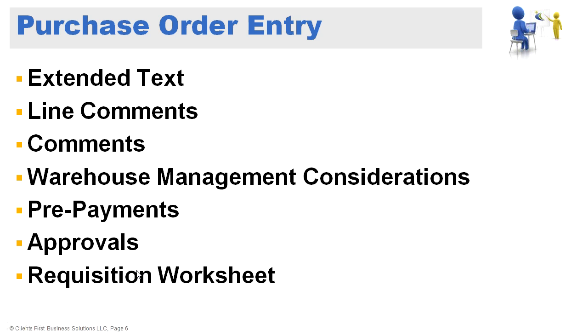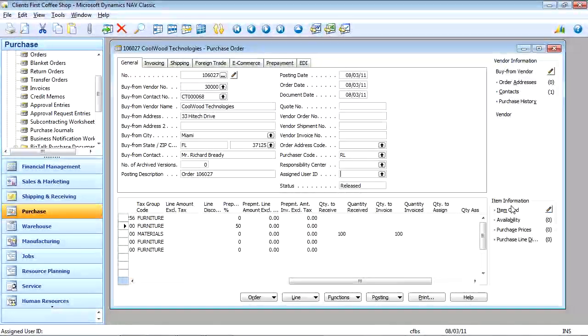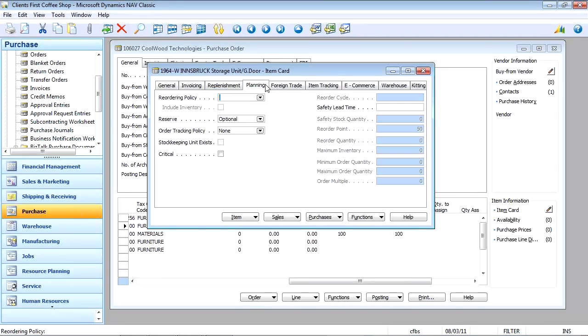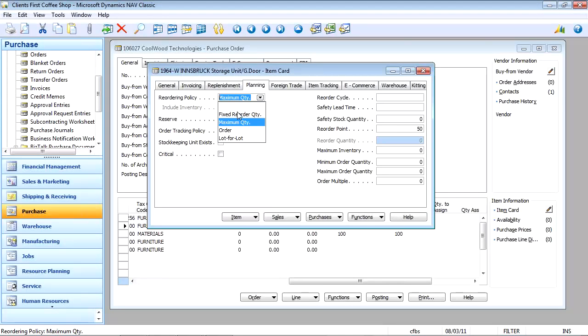Normally, purchase orders are not keyed in manually. Although we have the ability to do that and purchase orders may be adjusted manually, the best practice is to utilize the requisition worksheet. The requisition worksheet considers the static parameters established on an item or stock keeping unit card to consider the reorder policy, whether I order to a maximum quantity, or I order based on a fixed reorder quantity, or order for order or lot for lot for component planning, to determine what's the